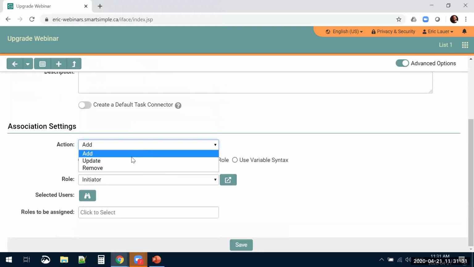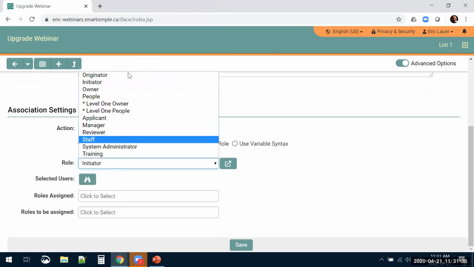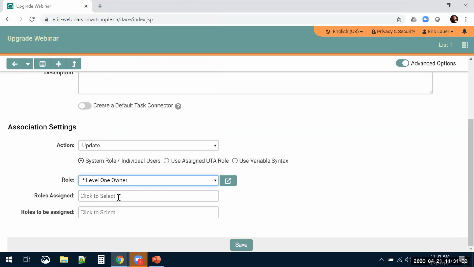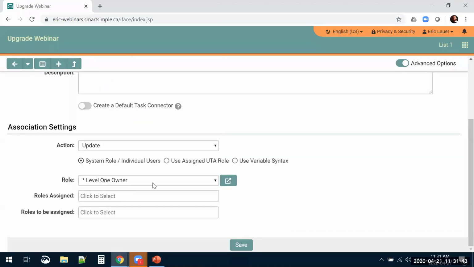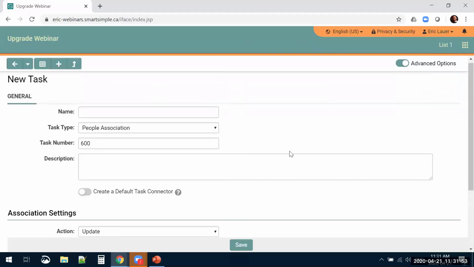I can add, update, and then I just need to use logic to say, grab the owner and put them in the, whatever. And if this doesn't work in the default options, then you can always use your own syntax here to say who should be assigned to the